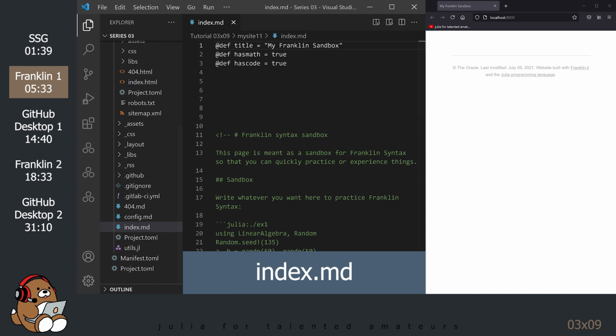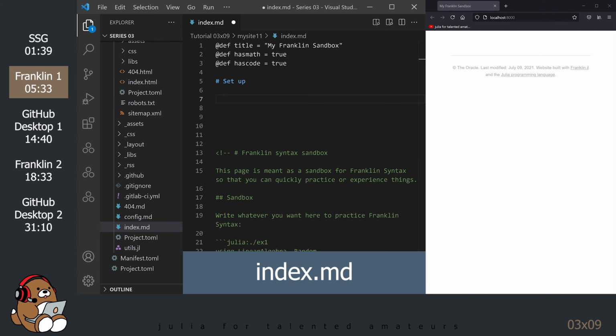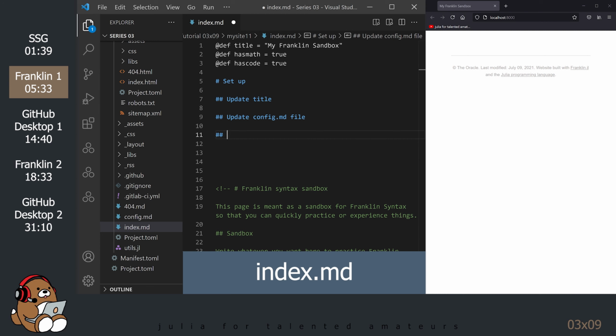For the most part, the rest of the syntax used in this Markdown file is the same syntax that we've used in other Markdown files that we've seen before in other tutorials. Let's start by adding some headers to our documents, which will serve as an outline for the rest of this tutorial.